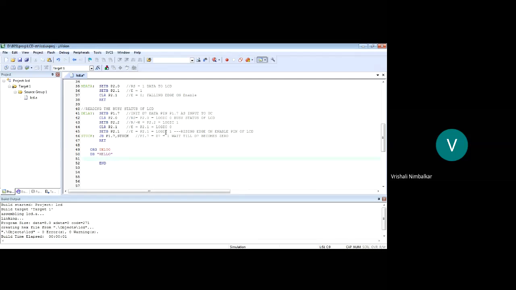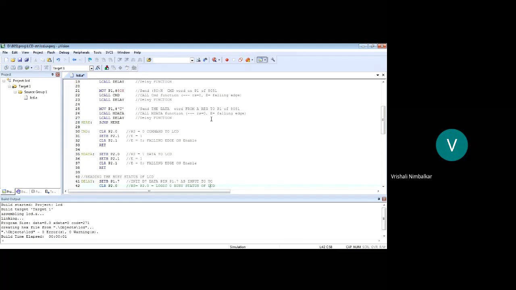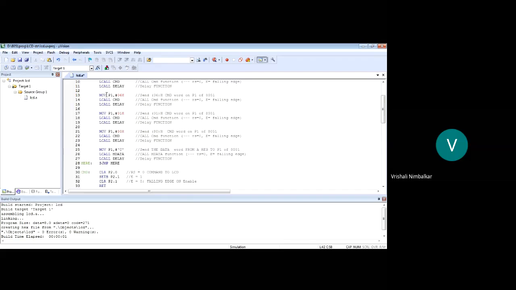Okay, now see what modification I'll have to do here. Where is the program which sends the character? So let us come to the main program. This is the part of the program which displays a single character. I need to modify here. How is the modification?